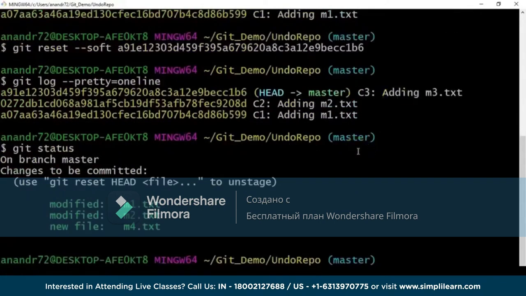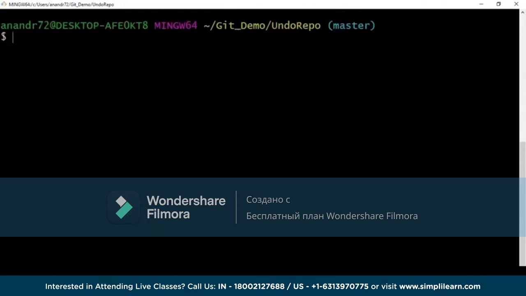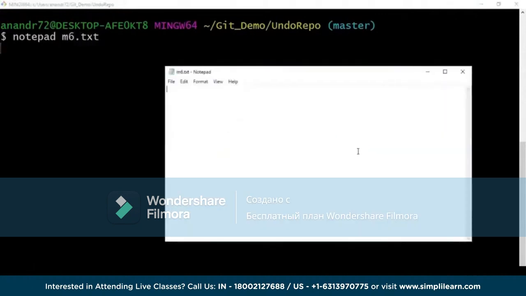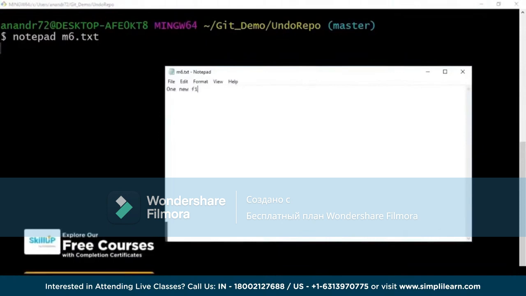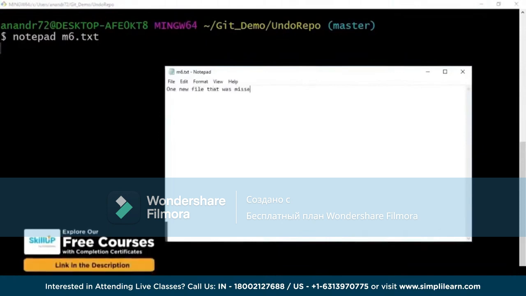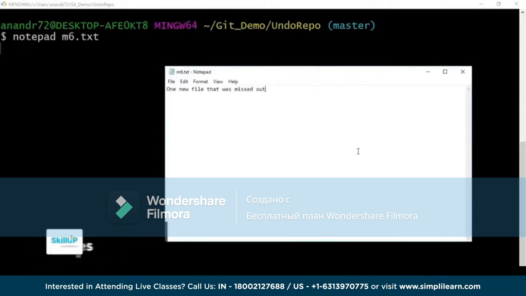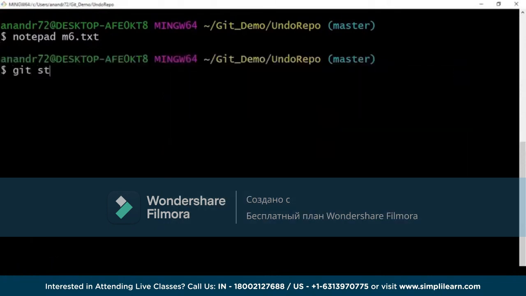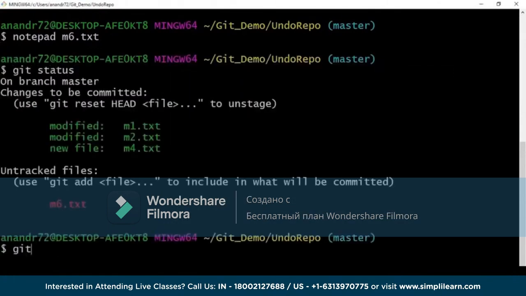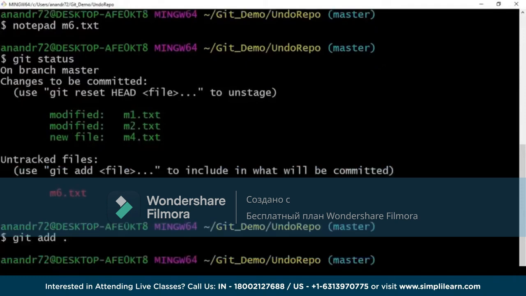All right, now I can make some more changes that I want as a part of my commit, and possibly go ahead and commit this whole thing as a new commit altogether. Maybe I'll open up a notepad and create a new file called m6.txt and say 'one new file that was missed out'. I make this change and go to git status. All these files are still there. I would say git add ., then git commit -m